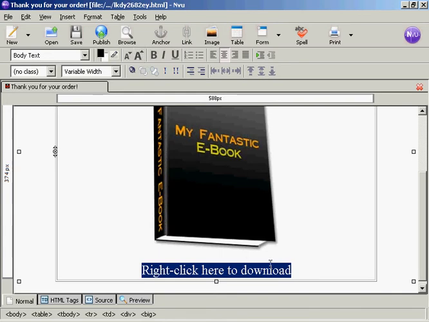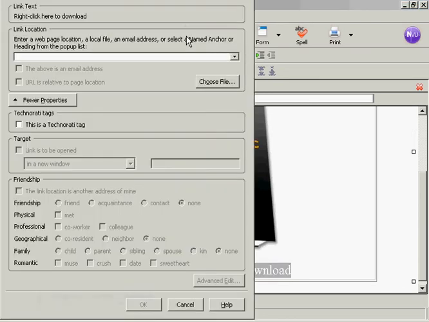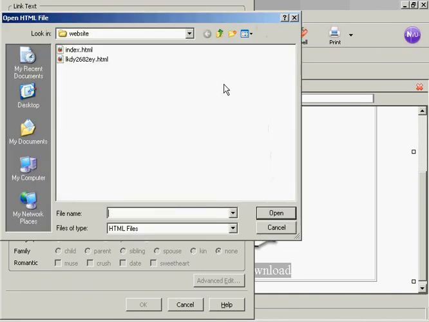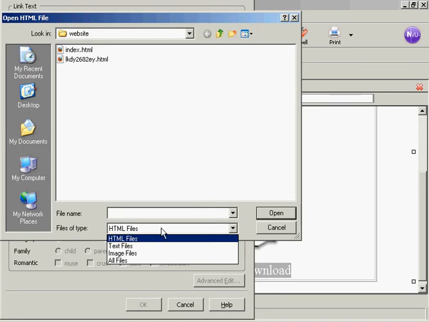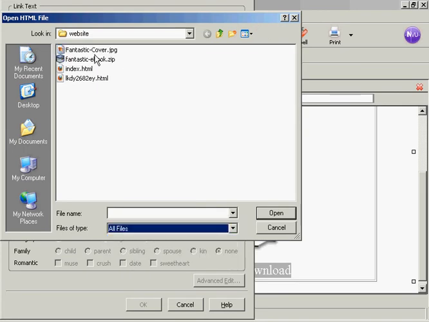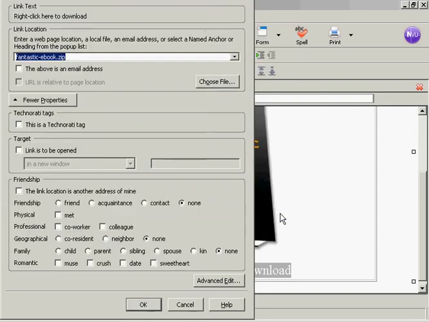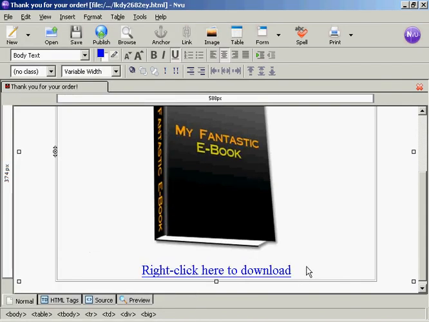and then I'm going to link to the product, which is a zip file. So click here on link, and again choose file, and we want to have all files, and this is the one that I'm going to download, fantastic ebook.zip, or what I want the customer to download. So click on that and click on open, and none of this applies, so we'll just ignore all this and click on OK, and there you go,